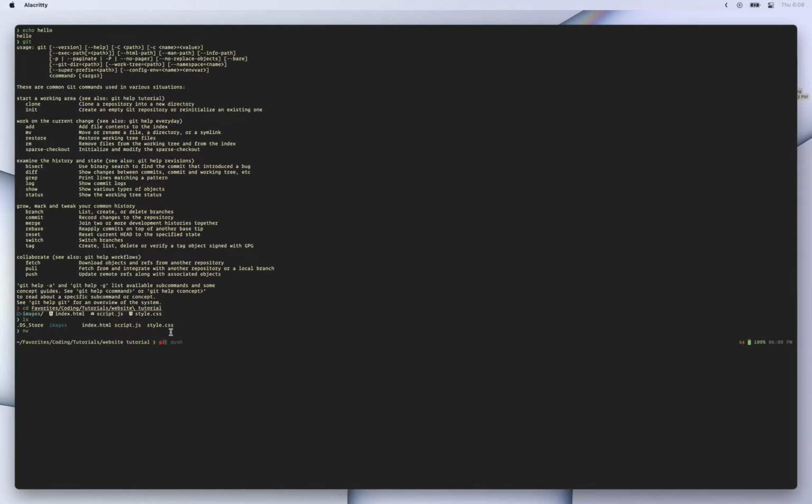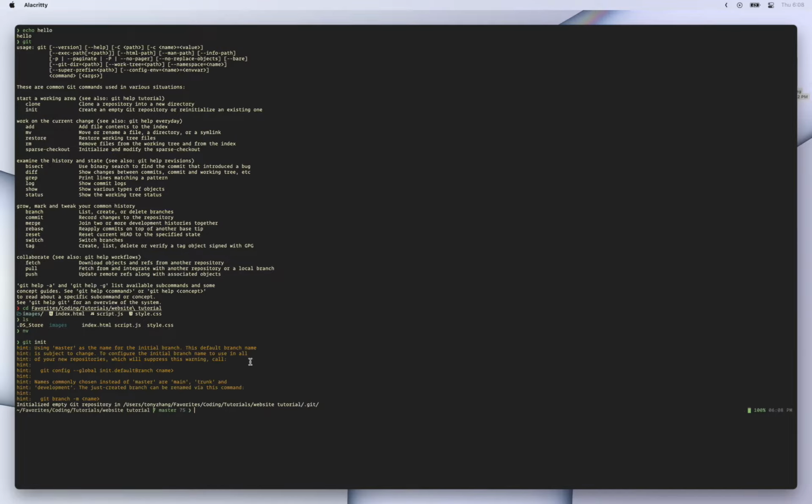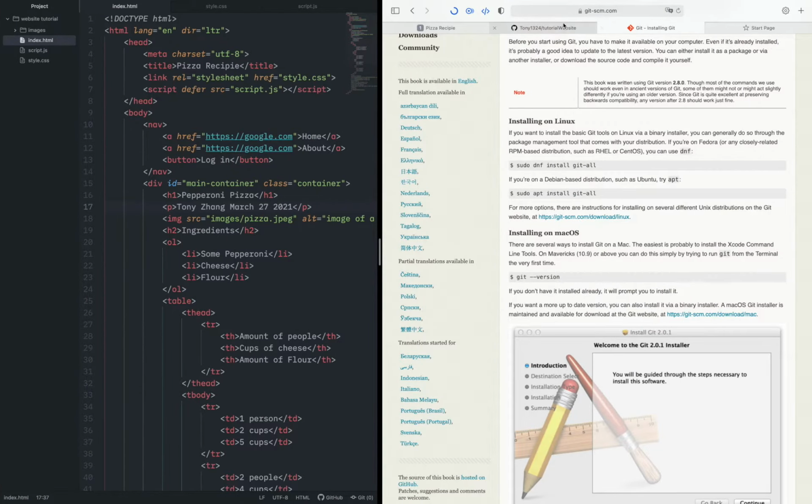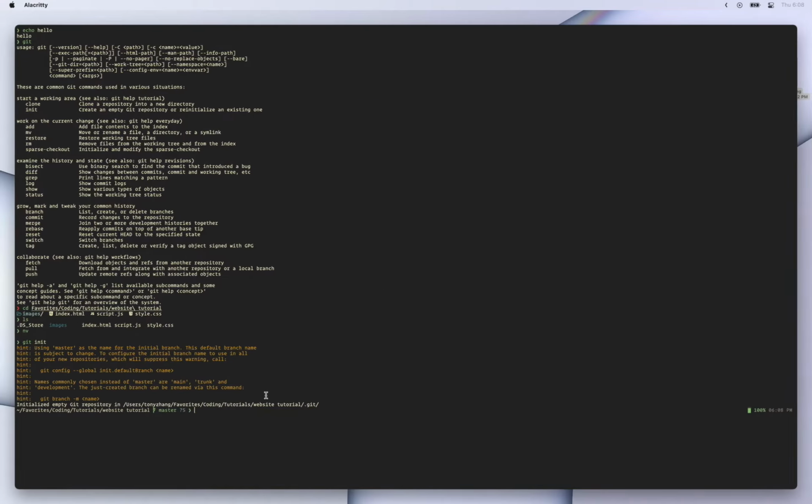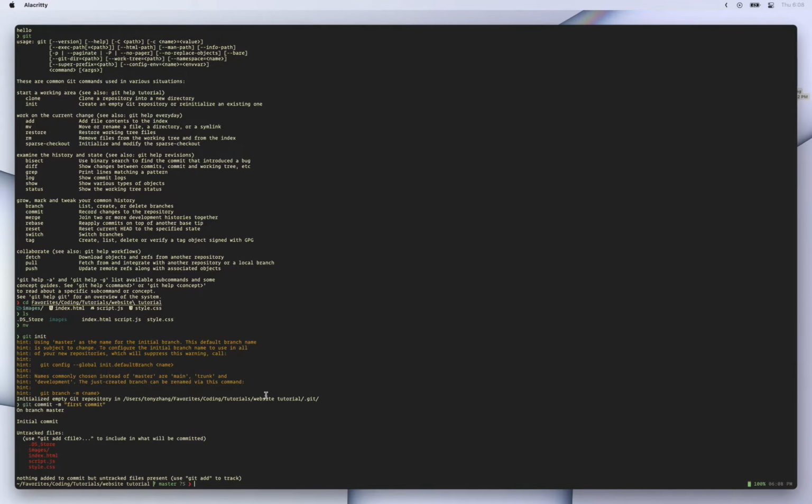But anyways, you can say git init. So git init creates a new repository, and we're just going to follow the code here. Git init, git add readme. We don't need to add the readme for now. Git commit. So commit, every time you want to make a version of your code, you use commit,